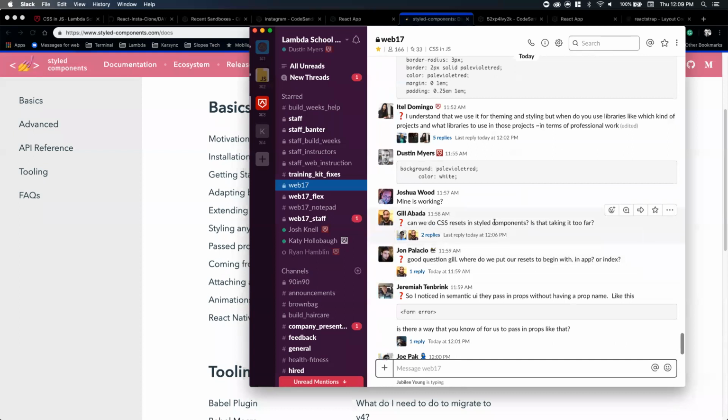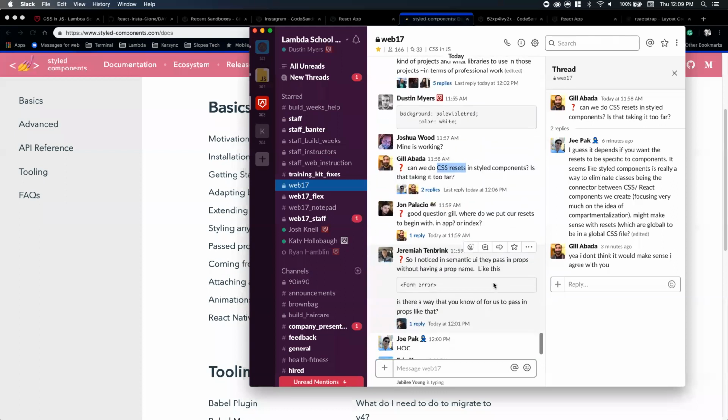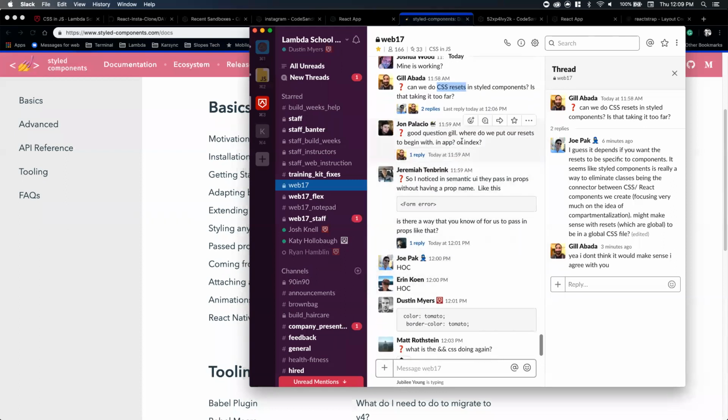Can we do CSS resets inside of components? Is that taking it too far? Yeah, that's a good point. So if you do it, they will be specific to the component itself and won't reset styling for your entire thing. So CSS resets would be more in the CSS file. I would say either one is fine. Remember, React styling leaks, so even if you put it in app, it will affect